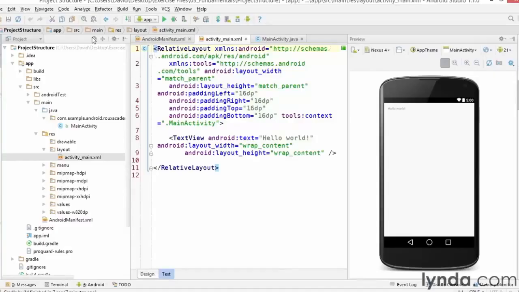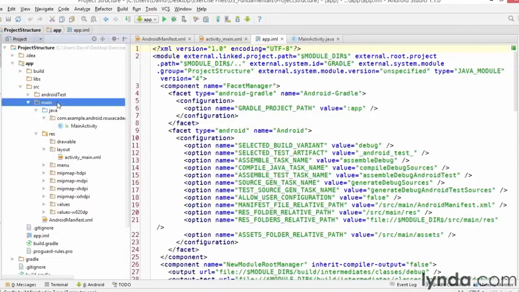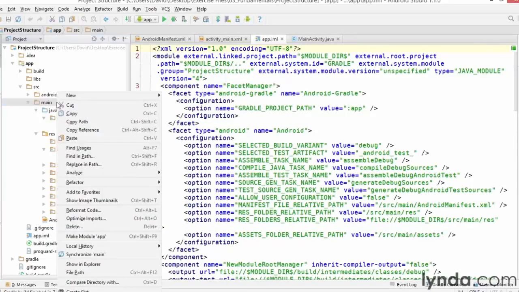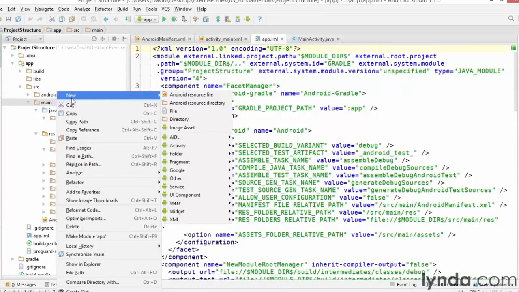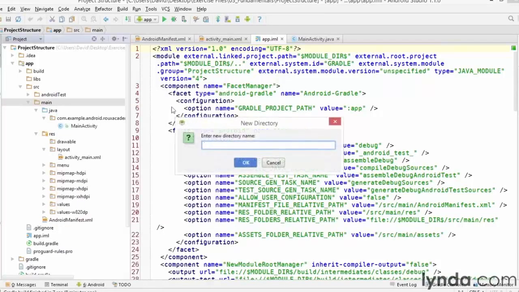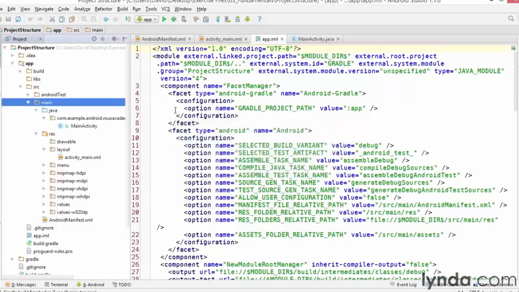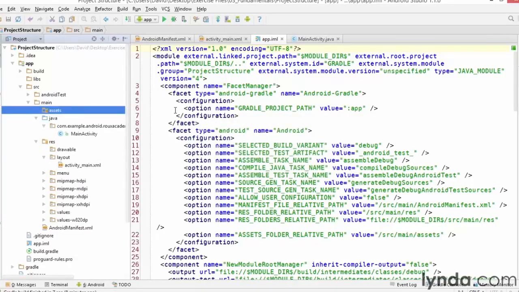But you can also add uncompiled assets to a project. They should go in a subfolder of main that's always called assets, spelled with all lowercase. This folder, along with all the others, is defined in the project's IML file. And the IML file is right here. You can create the assets folder by going to the main folder, right-clicking and choosing New, Directory, and just name it Assets. And then any files that you drop into that folder will be included when you package your app